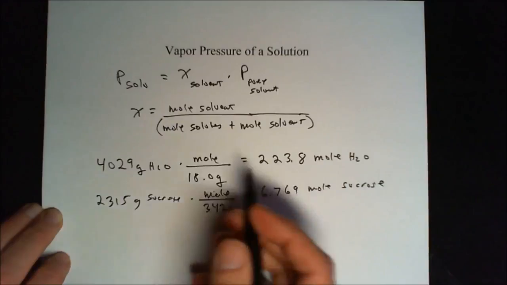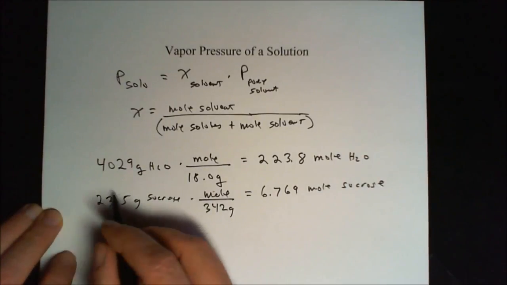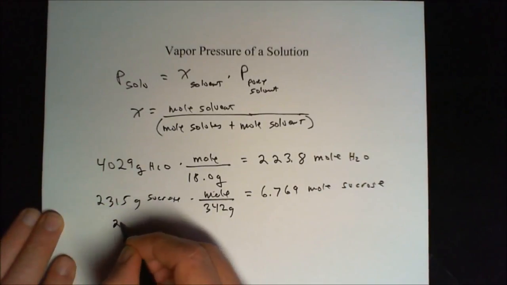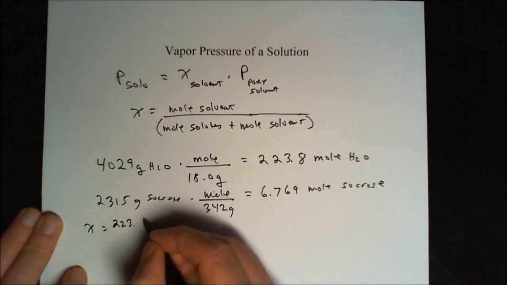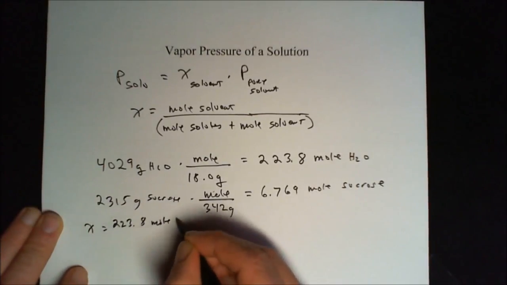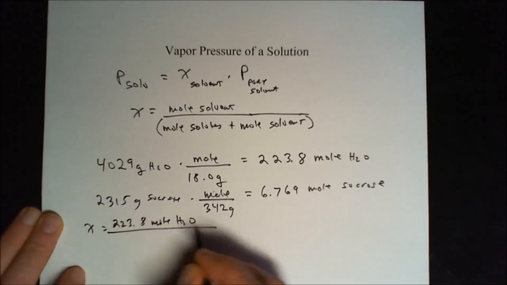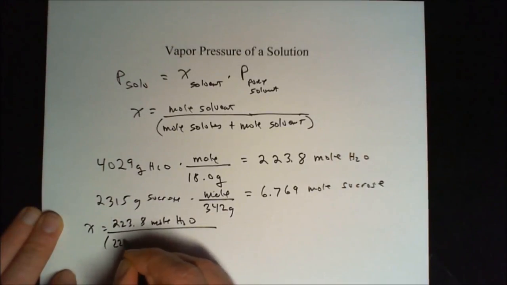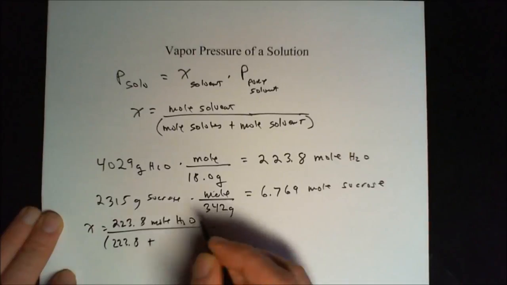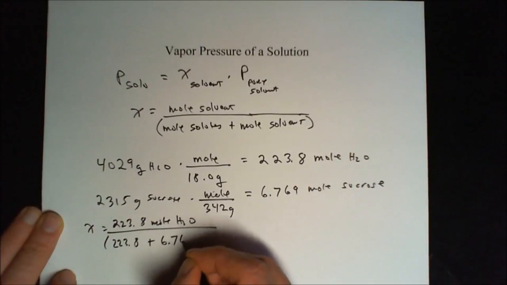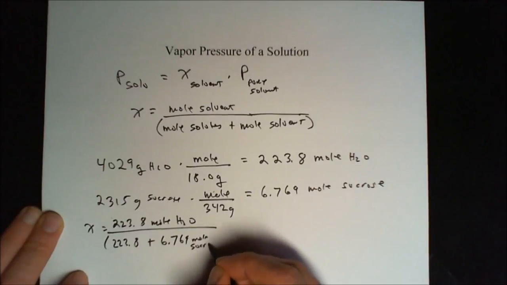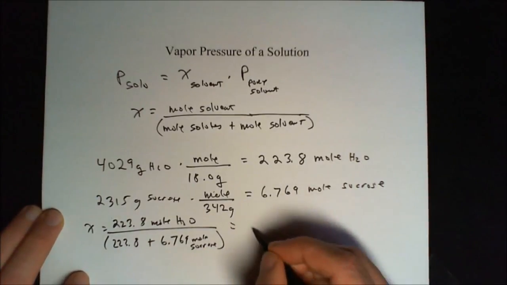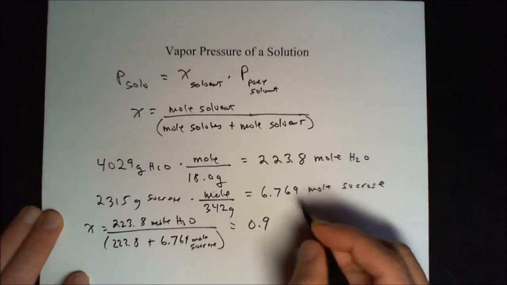And so we just need to add them all up and divide, and we've got 223.8 moles of water divided by the moles of water plus the moles of sucrose,